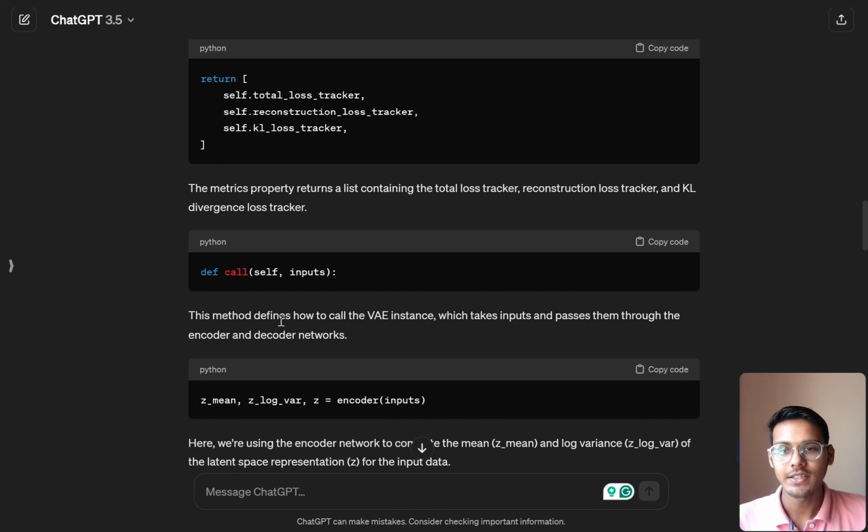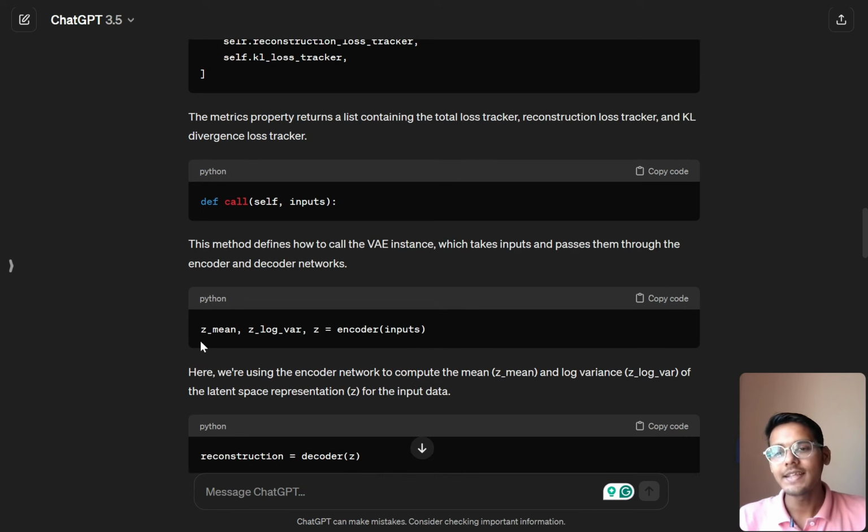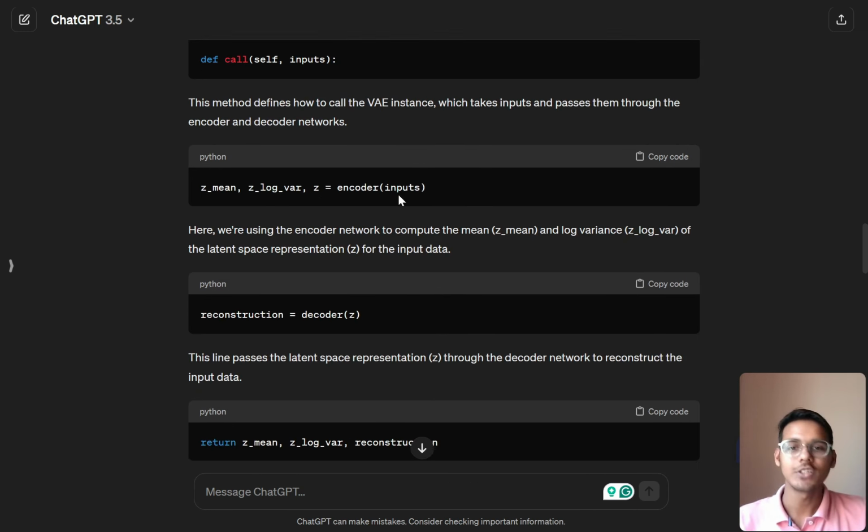Okay, and then there is the call method, calling the VAE instance. It takes inputs and passes them through the encoder and decoder networks. Then there is z_mean, z_log_var, and z equal to the encoder on the inputs. It means that we are providing an input and using the encoder network to compute the mean and the log variance of the latent space representation z